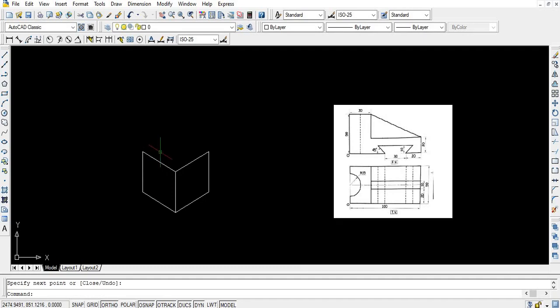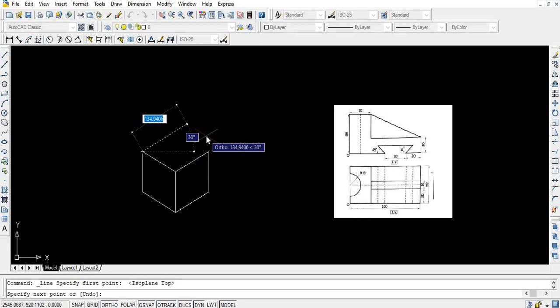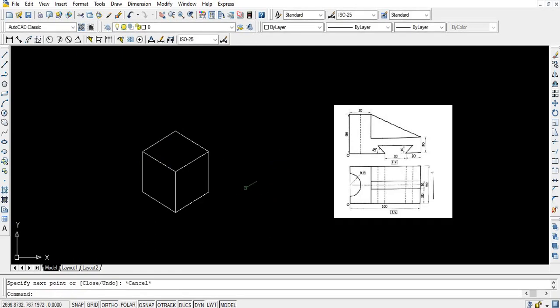You can draw this plane by drawing lines parallel to this line, or simply change the plane. Press the F5 button and it will be a top plane. Select from this point 100 mm, again 100 mm, and press escape. So these are the three different planes I got here: right, left and top.